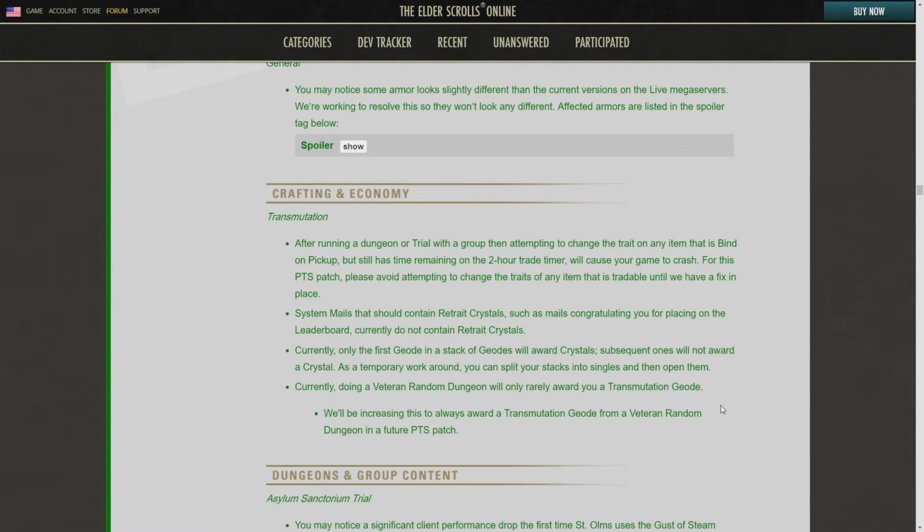As well, system mails, so things like the one congratulating you on a leaderboard or probably even rewards for the worthy, even though it doesn't state it here, do not contain the transmute crystals. That's a bug. They will once this goes live and probably on a future PTS patch. And currently, only the first geode in a stack of geodes will award crystals. That is also terrible. Just make sure if you're on the PTS, split your stacks into singles and then open